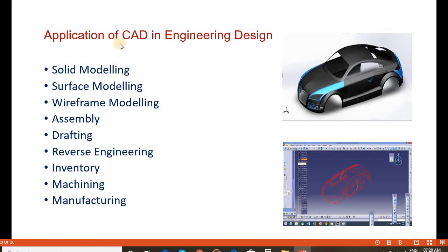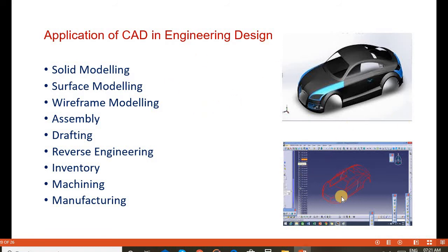Solid modeling is three-dimensional modeling; we can create a three-dimensional model of any product or object. And surface modeling: this figure shows the surface modeling of an automotive and of an aircraft. All surface modeling can also be created by using the CAD system.